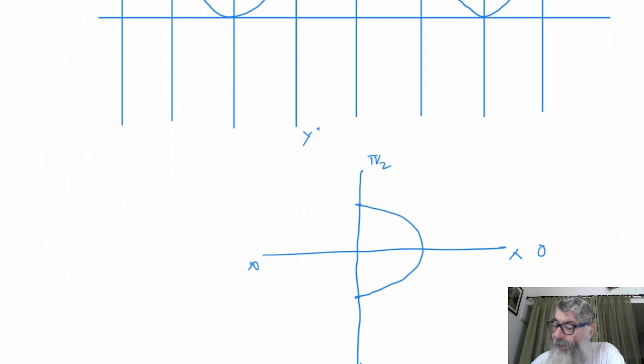I am taking this as minus pi by 2 to pi by 2. Why are we restricting the domain to minus pi by 2 to pi by 2, and not from 0 to pi, or pi to 2 pi, or whatever way? The question is that when we are considering the function sine, in the first quadrant, all the trigonometric functions are positive. They are always positive in the first quadrant. So from 0 to pi by 2 it will be positive.